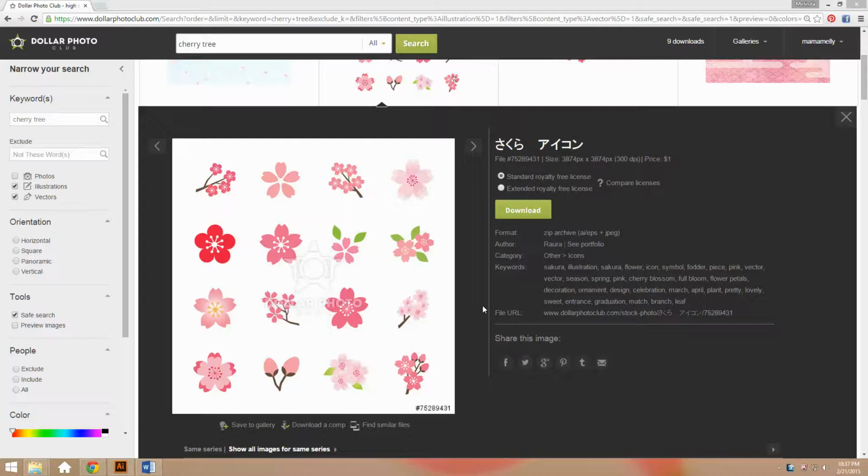This tutorial is for the Inspired Bloggers Network, and it is on how to get the most of your stock photography vector downloads. I use dollarphotoclub.com for most of my stock photography needs, and when I'm looking for a vector file,